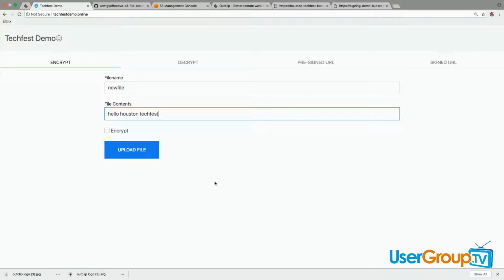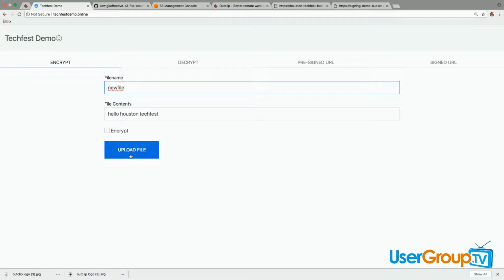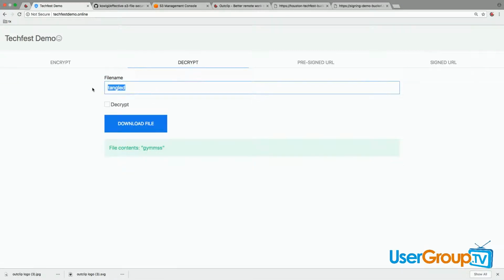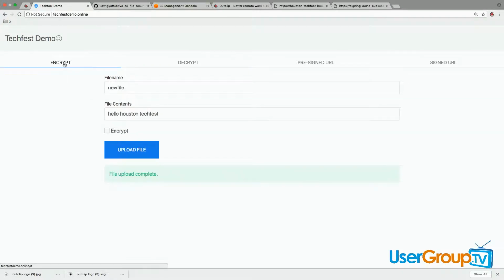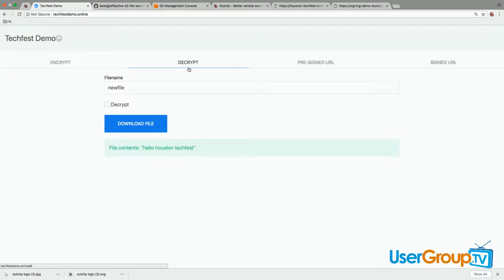So I'm storing a text file in S3, and I can store the file and its contents as plain text. Which is what I'm doing here, and the file upload is complete. Now I have another operation here which reads files from S3. So when I say download file, okay. Yes, I have misspelled the name. Okay, so in the first tab, I wrote a file to S3 called new file, and then here I retrieve the file